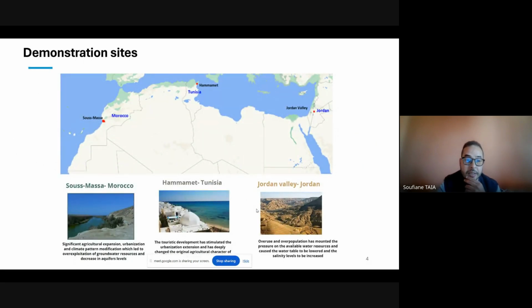In this project, we have 3 pilot areas, which are the Sousse in Morocco, Hammamet in Tunisia, and the Jordan Valley in Jordan. Those pilot areas have been selected because they represent the most